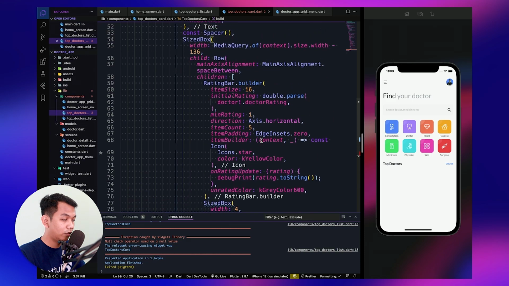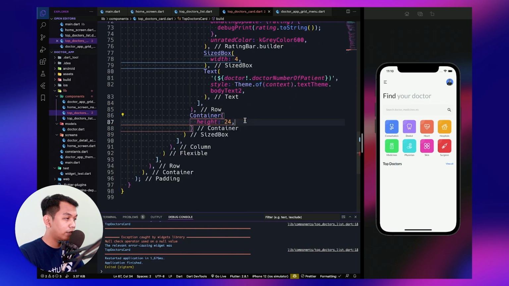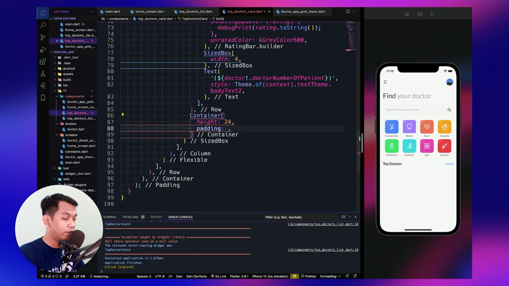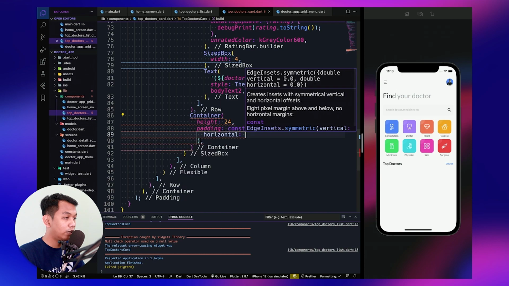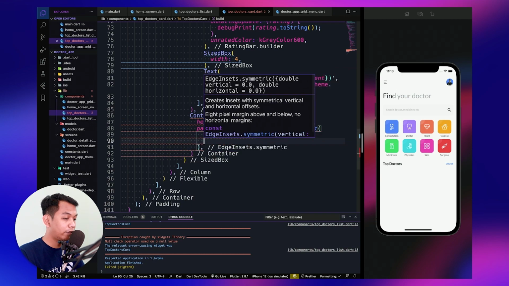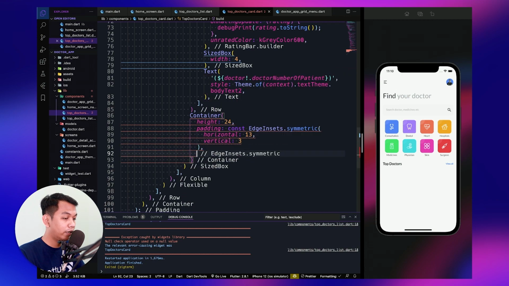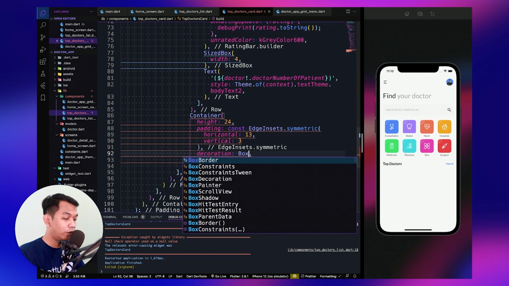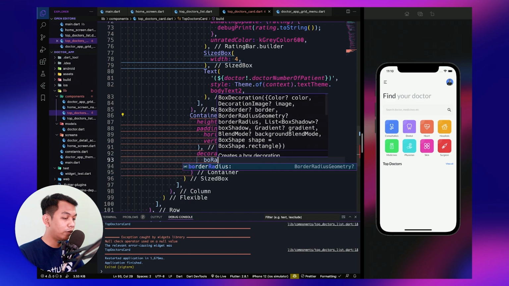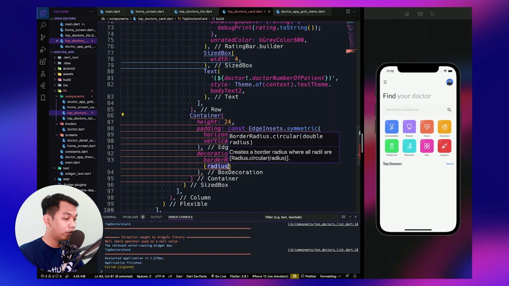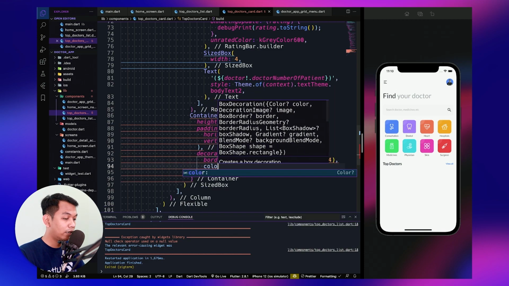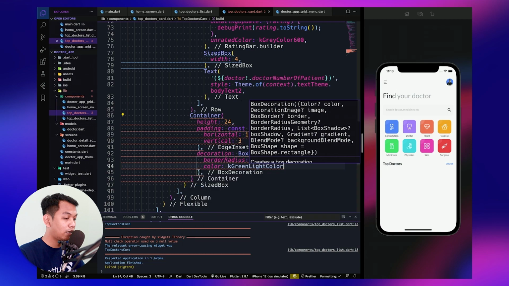For the padding, we say symmetric with the horizontal value of 13 and vertical value of 3. For decoration, we use BoxDecoration with the border radius circular with the value of 4 and the color is kGreenLight color.